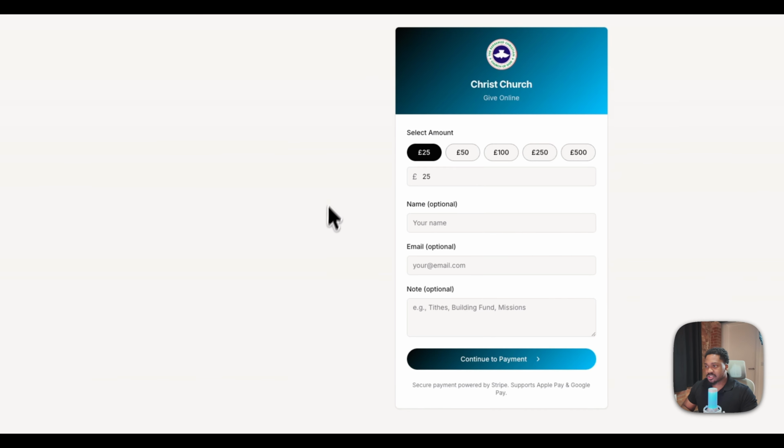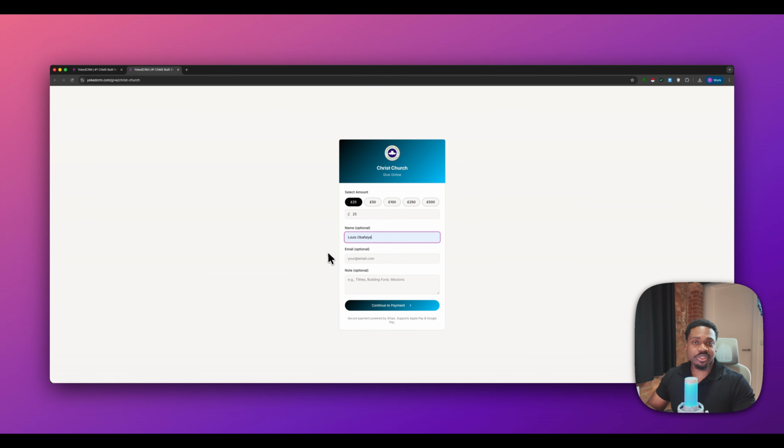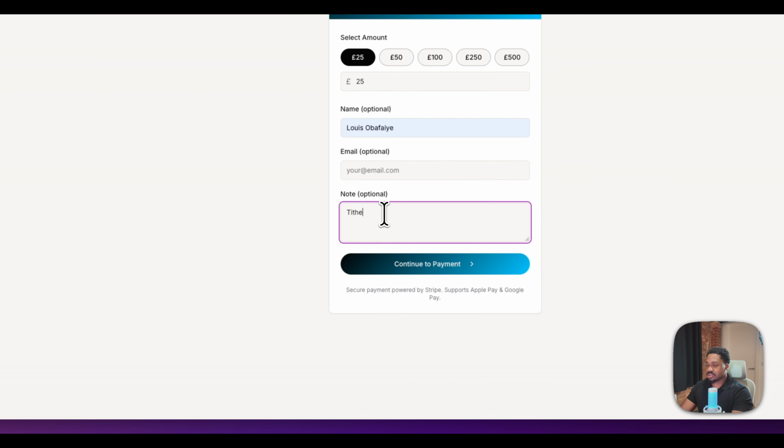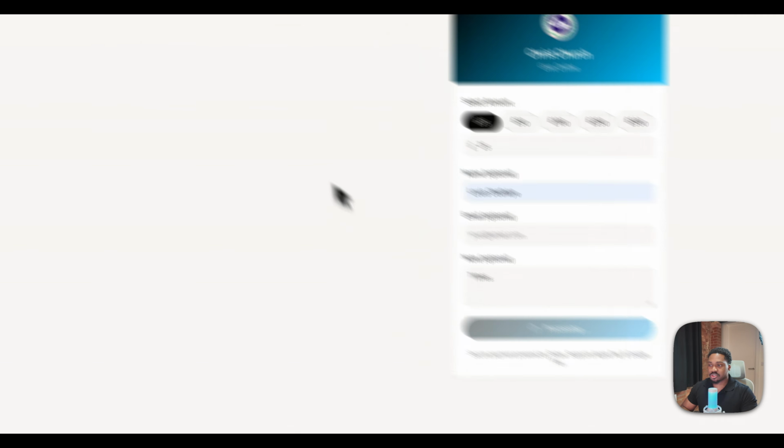So I'll just say £25. I'll put my name in there. You don't have to put your email. So this is good as well because it can be anonymous. So if you don't put your name in there, the donation will come through as anonymous. But if you do, for example, these Tithes, and then you continue to payment, what you'll then see is the